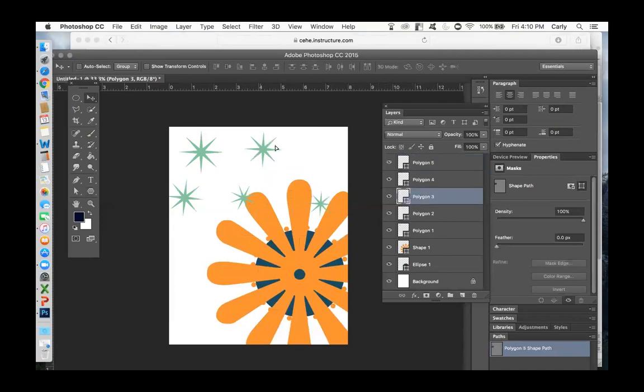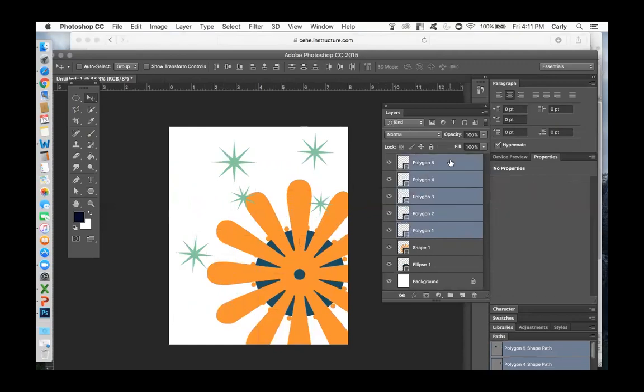I just have to select that layer first. All right, and I can also edit them independently. Now, let's say I want to delete all of these stars at once. What I can do is hold down the shift button, select all of those layers,